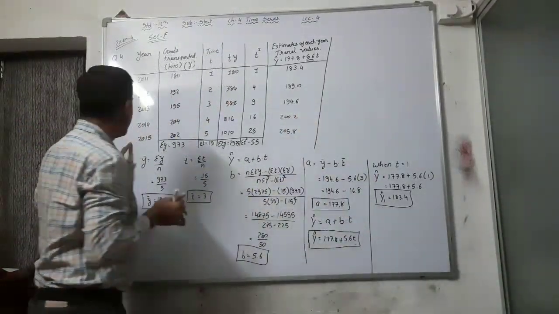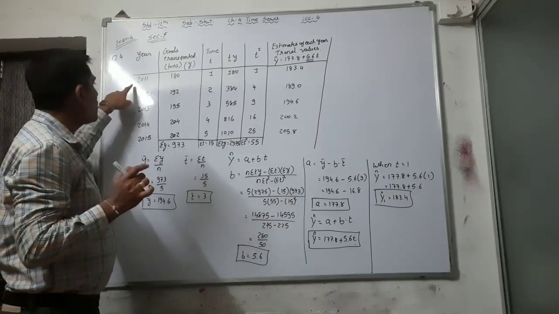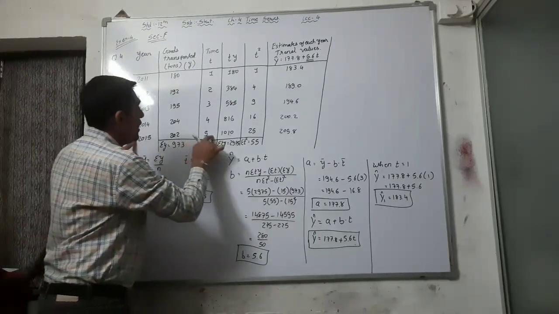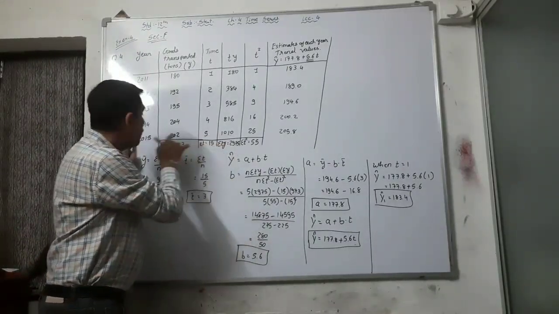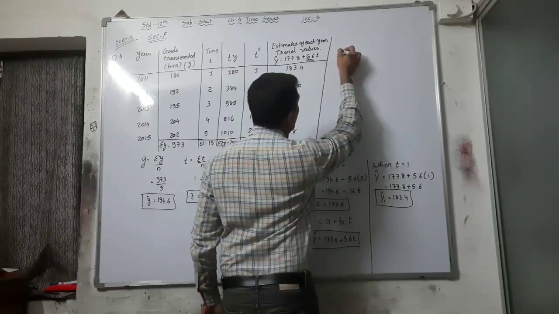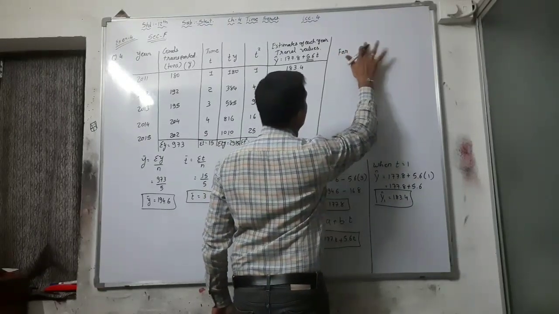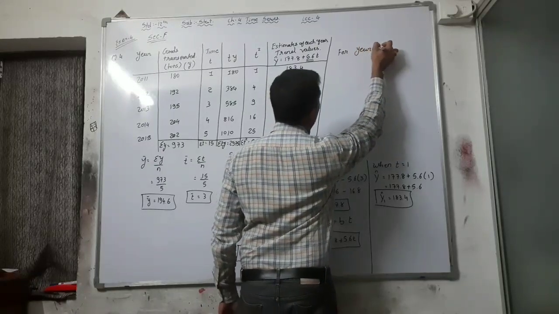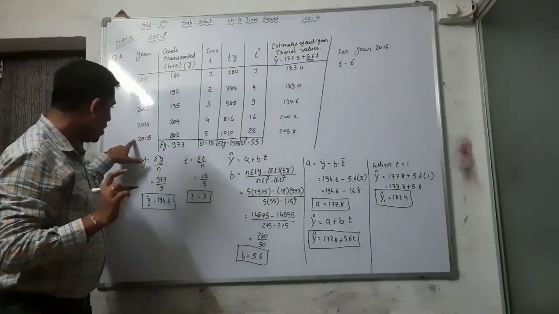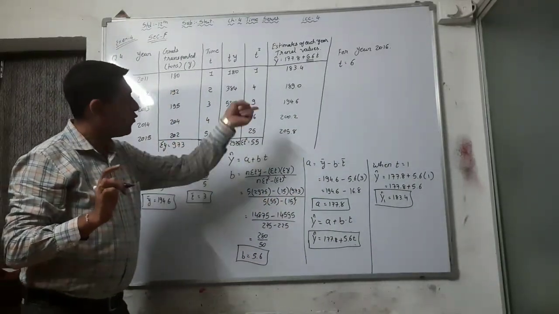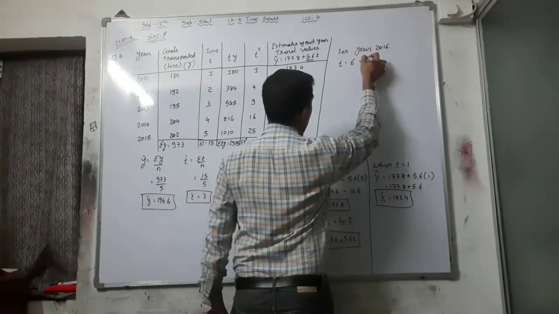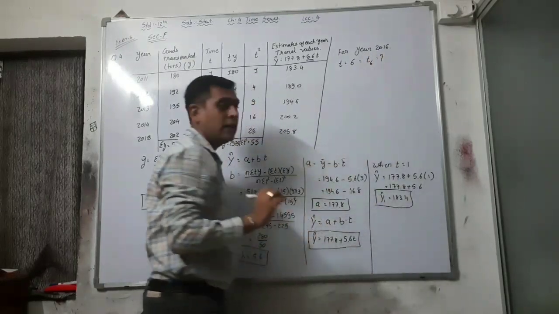So see here, first of all, our years are 2011, 12, 13, 14, 15. Our last year is 2015, and for that we are taking t is equal to 5. That's why here I am writing for 2016. We have to take t is equal to 6, because for 2015 we are taking 5. For the next year 2016 we have to take t is equal to 6, that is t6, and we have to find out the value of t6.